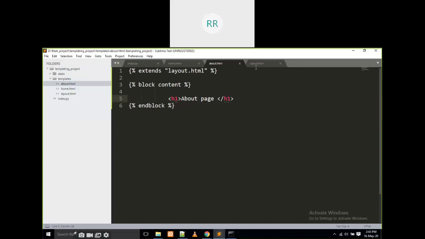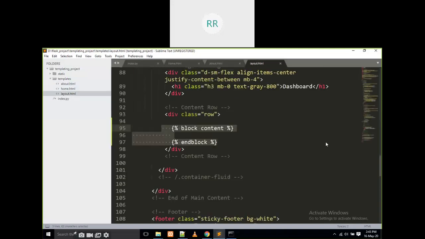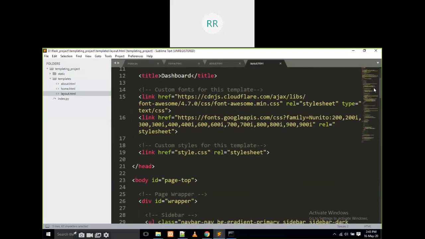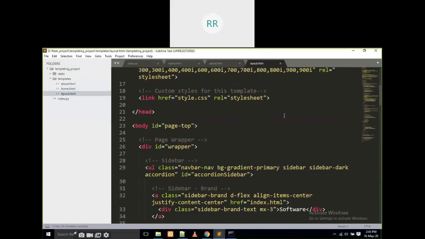There is the layout.html page. This is the HTML page. Here there is a CSS file. How many CSS files? One CSS file is there. In that CSS file, we have to change it like this. Here is the style.css, but where is style.css? Style.css is in the static folder, in the CSS folder, right? That's why I am going to write like this.